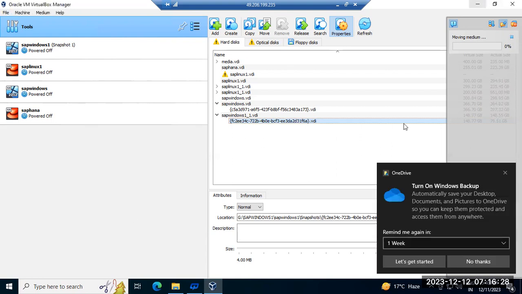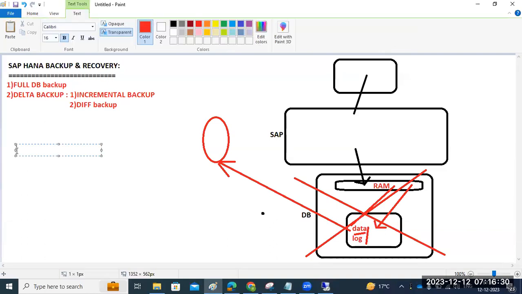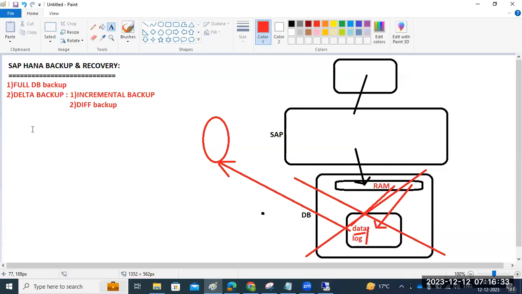Okay, so full database backup means whatever data is there in the database, all the data